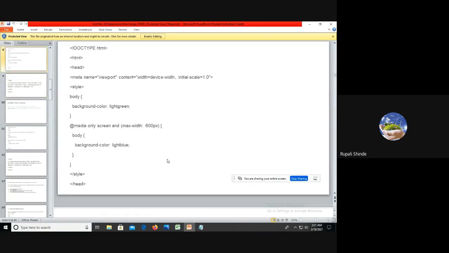I will add a slide which specifies the specific width of various devices like desktop, tablet PC, and mobile phone. Actually, I did not find that content, that's why I have not included it. But every device has a fixed size, so there will be no problem specifying the size. If you want to execute that web page on mobile, you have to specify the maximum width of the mobile. For a tablet, you have to specify the specific size of the tablet, because tablet, mobile phone, and desktop all have specific widths.